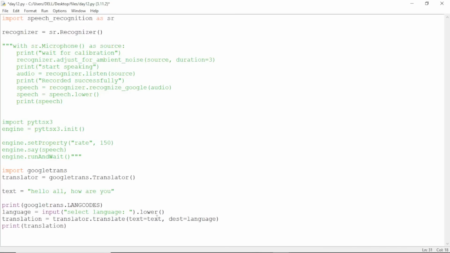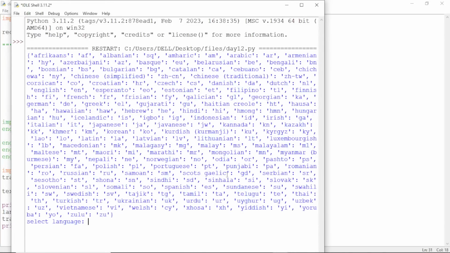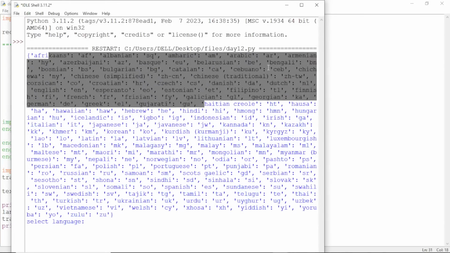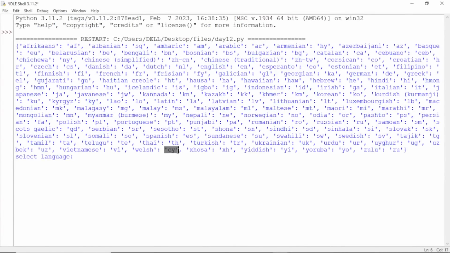Can we try to run it? Can we run it, guys? I'll run this. It is giving me all the languages available. It is a dictionary, right? So if you want to go in this language, you pass this AF. We'll search for Tamil here, and it is TA. For the other languages you can search that. Let me convert this into Tamil. If I enter TA,